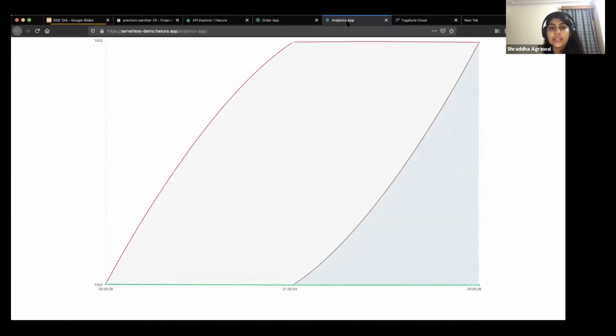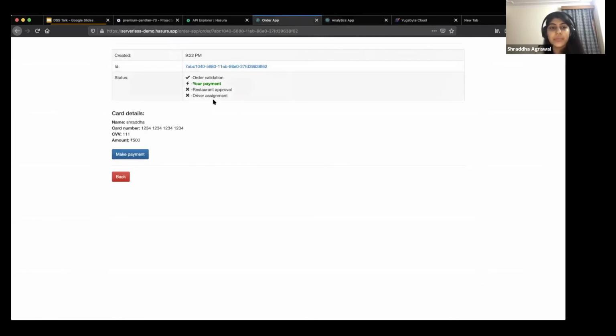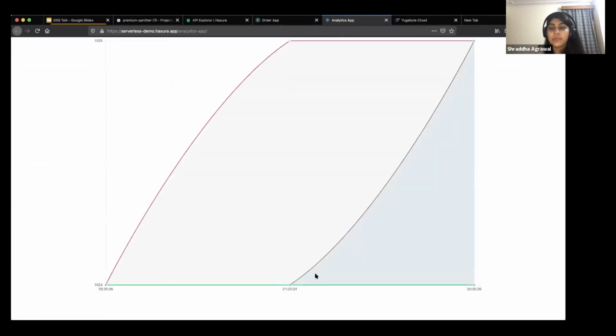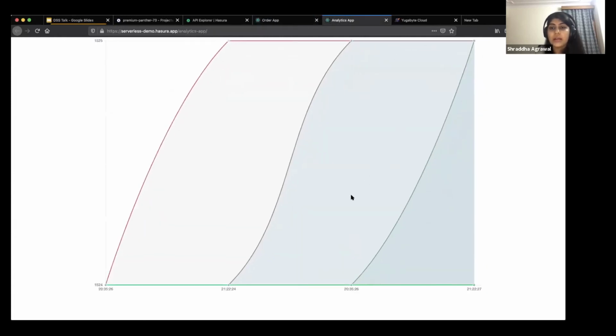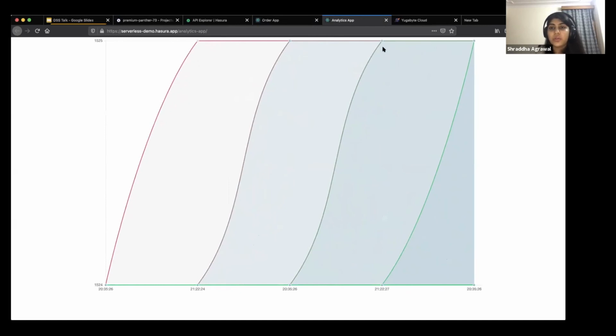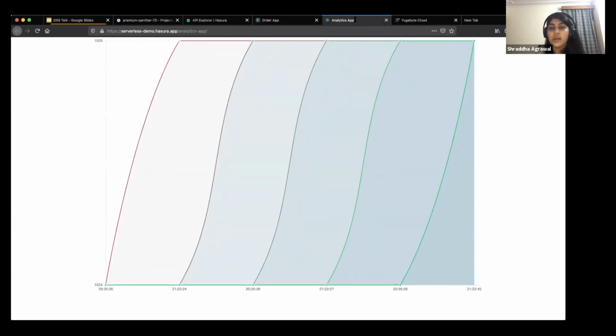I also have an analytics app. What happened was I just made an order, and order validation went through, and that is done. But payment processing is still not done. So let's make the payment. And as soon as the payment goes through, the restaurant approval goes through, and the driver assignment is done.